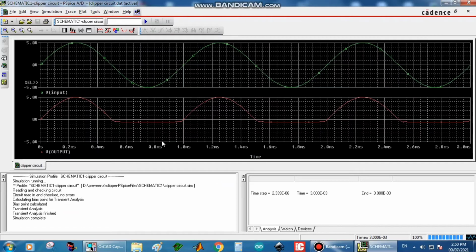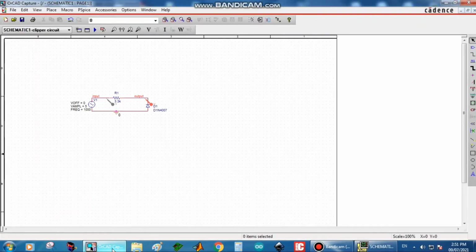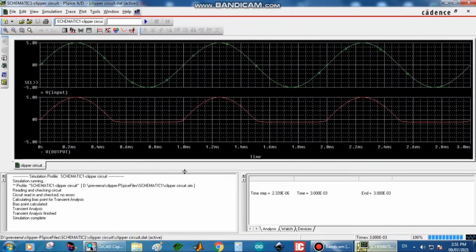Okay, now you can see the values. Here, this is the complete input sine wave, and in the output the negative side is clipped off. You can see here that this is 5 volt peak to peak, and from the circuit of the negative clipper, you know that the negative side is clipped at the point minus 0.6. So in the waveform you can see at minus 0.6 the negative side is clipped off. Okay, so you can see the value of 0.6 by clicking there.